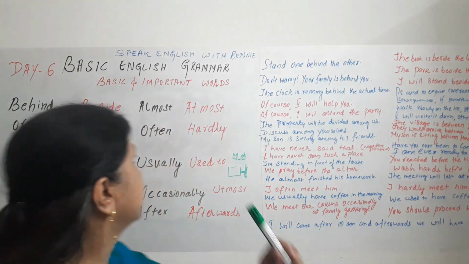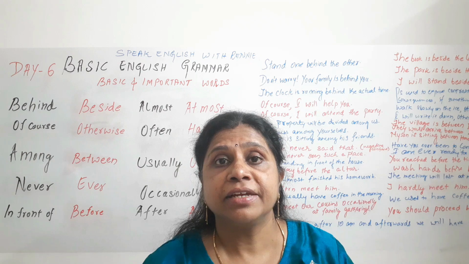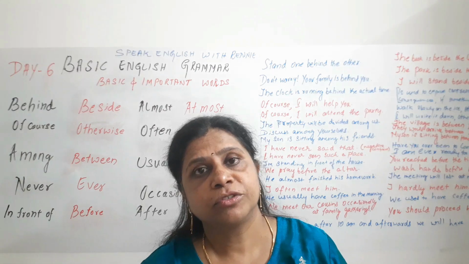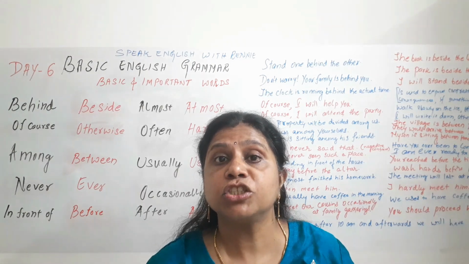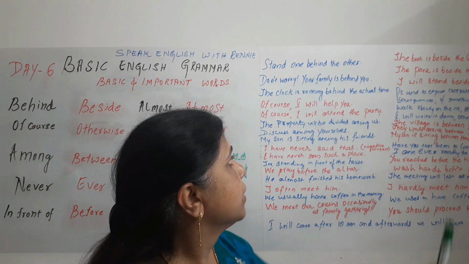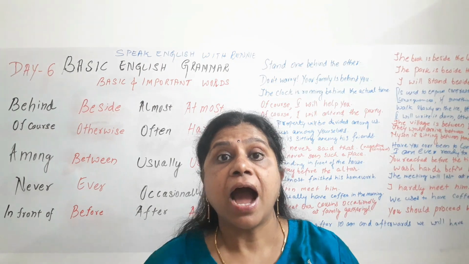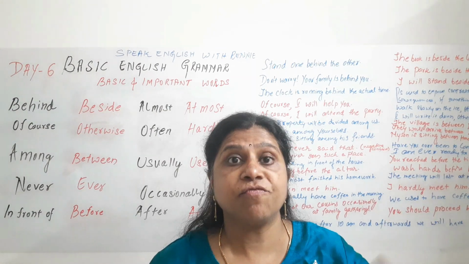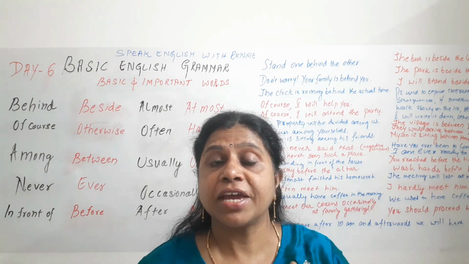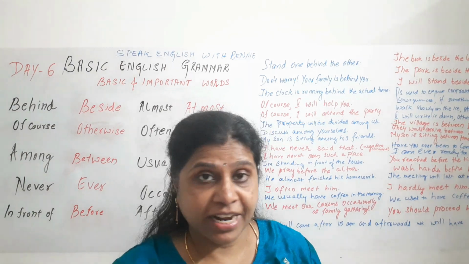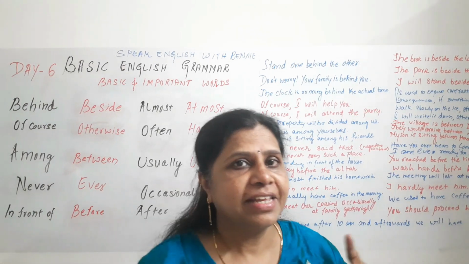Then what about otherwise? If you don't walk slowly on the ice, you will fall. So to tell that, walk slowly on the ice, otherwise you will fall. I will write it down, otherwise I'll forget. I will write it down, if not, I will forget. So to tell that, you can use: I will write it down, otherwise I will forget. Alright? The next one,